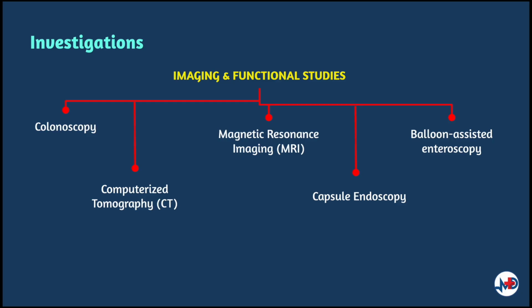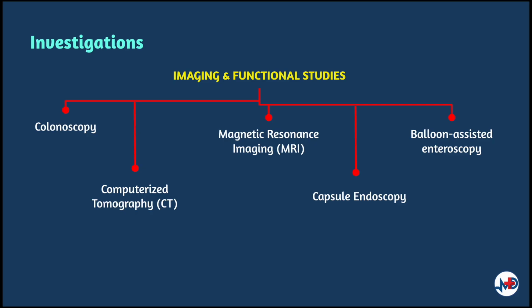As for capsule endoscopy, this test requires one to swallow a capsule that has a camera in it. The camera then takes pictures of the small bowel and transmits them to a recorder which is worn on the belt. The images are then downloaded to a computer, displayed on a monitor, and looked at for signs of Crohn's disease. A capsule endoscopy should not be performed if there is any evidence of bowel obstruction as a result of complications that have set in due to Crohn's disease.